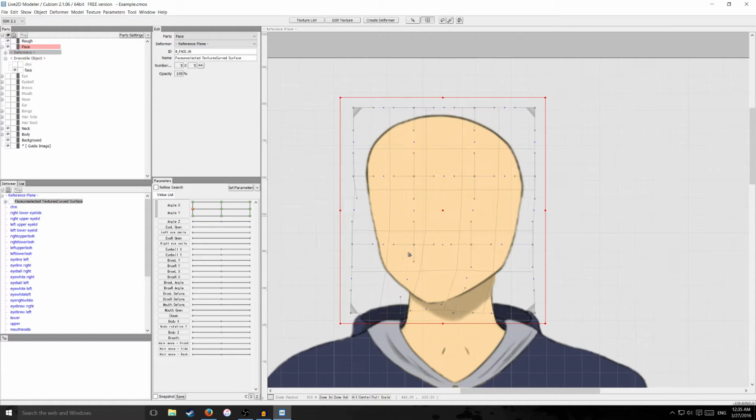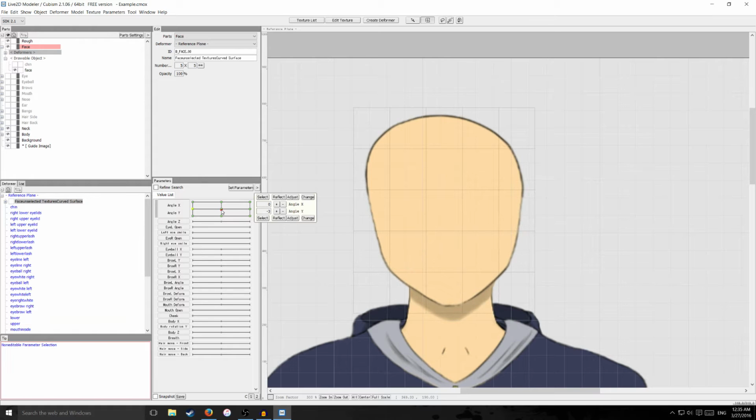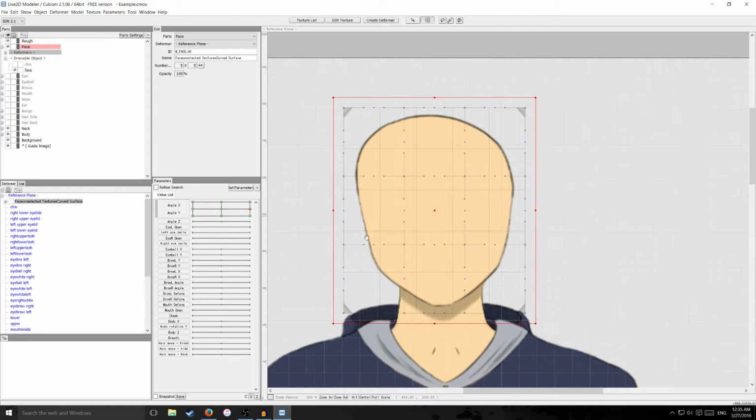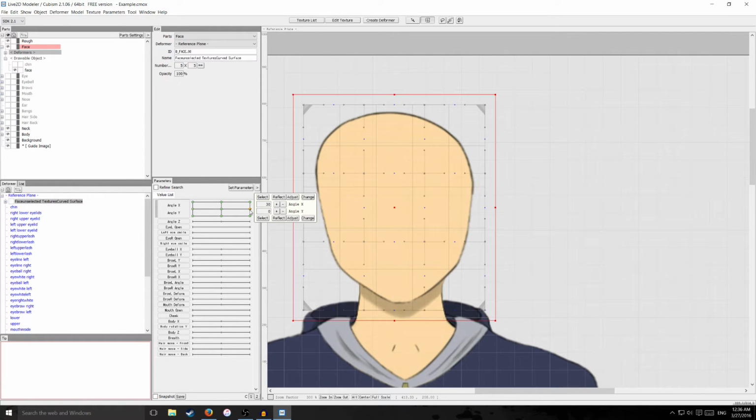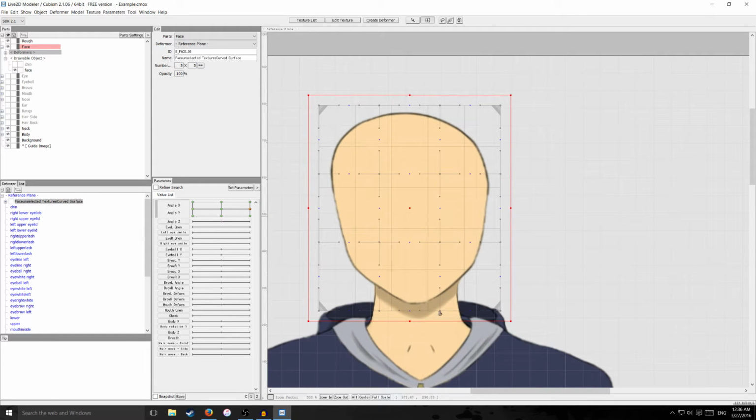Okay, so after that, when I drag my dot back to the middle, you can see he went back to the resting position. So you could now do the other side. So right click on the other side of the grid, and as you can see, you got some movement here now. So now we want to do the other side, so we'll right click on the other side of the grid